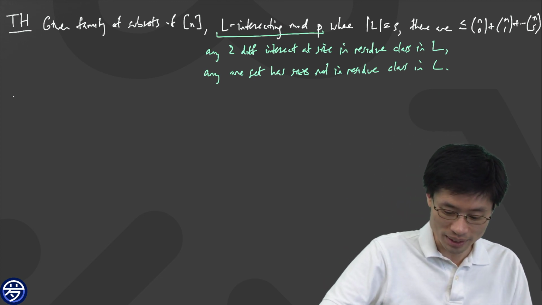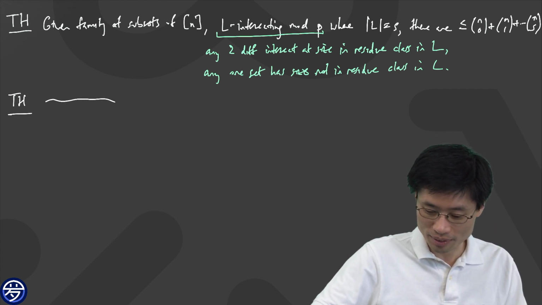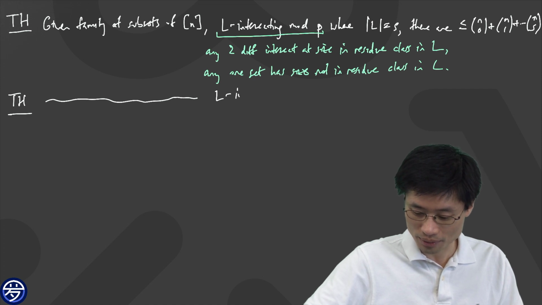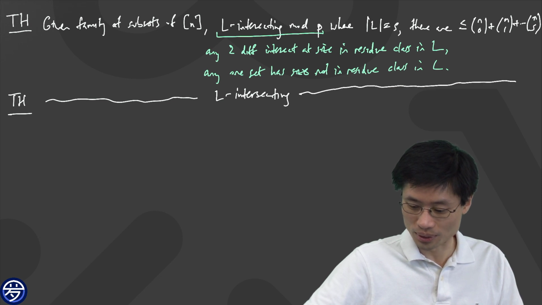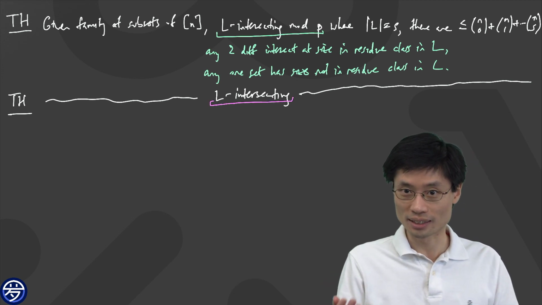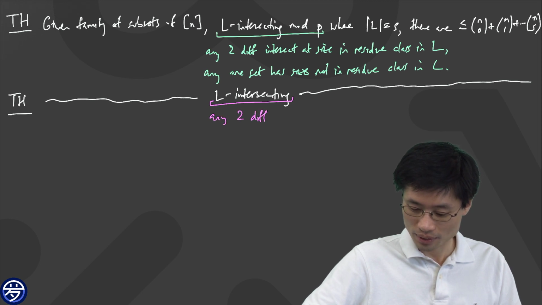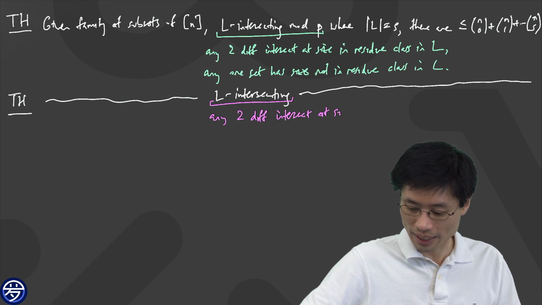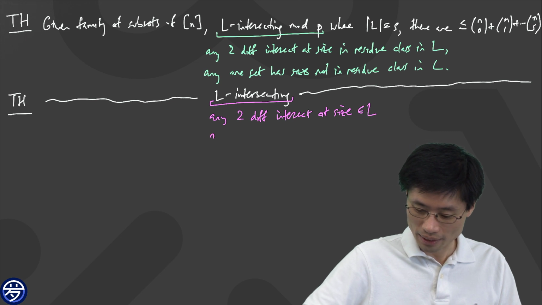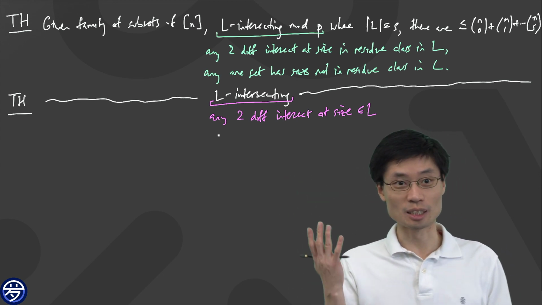And the other theorem that we want to use was that if I am given the family of subsets, which is just L-intersecting, then the whole thing holds true. And L-intersecting does not require that the set size itself is not inside L. So this thing is just any two different sets intersect at size which is in L, and no other condition. Okay, so this is the pair of theorems I can use.